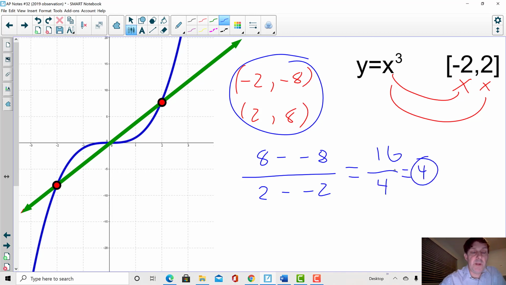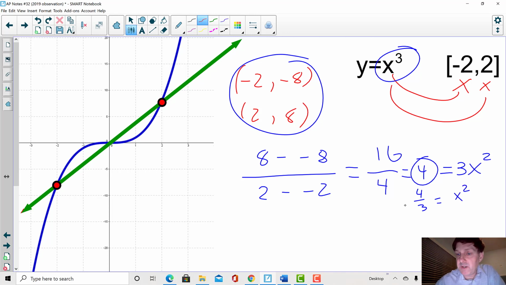Now this is the slope of that green secant line. We want to find out, is there anywhere that that's going to equal the same slope as the slope of our tangent line? Remember, the slope of your tangent line is just the derivative, so the derivative of x to the third is going to be 3x squared. You're going to have to divide both sides by 3. And then take the square root of both sides. I'm skipping a bunch of steps, but we basically get x equals plus or minus the square root of 4 over 3. Now you could simplify the square root of 4 over 3 if you wanted to, but basically those two spots are going to be right here